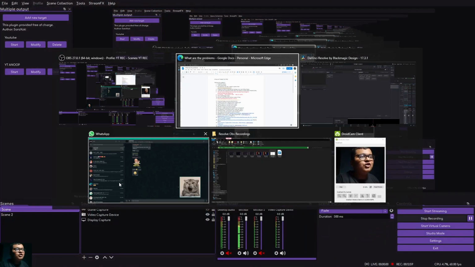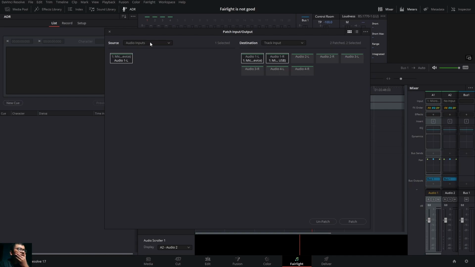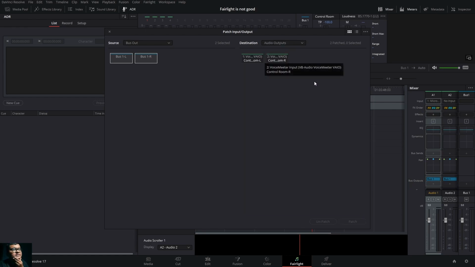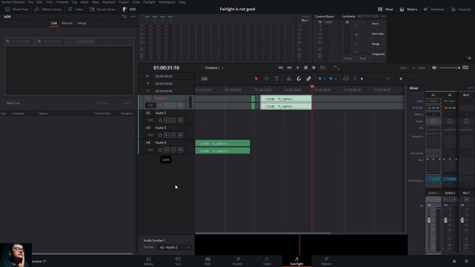Automatic, I'll just show you, not with immersive audio, but as an example. I have Dolby Atmos send over here, so I have bus out, and these two channels I am connecting. I don't want to give wrong examples. So let me create buses over here.